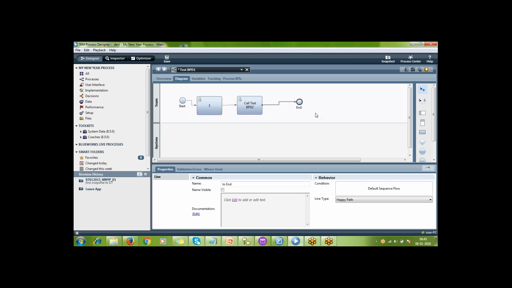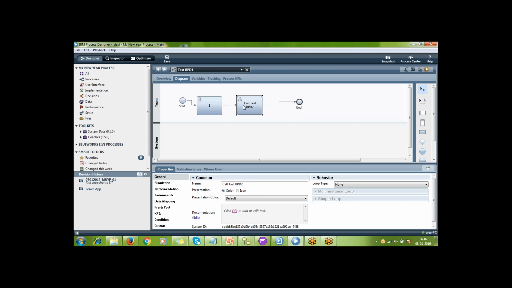You can link, like pass the data from one BPD to another BPD. If you are working on a complex project with 10 to 15 BPDs, and anybody asks how you are able to connect from one BPD to another BPD, you can say you connect them using a linked process. There are various options, and here you are going for a linked process.